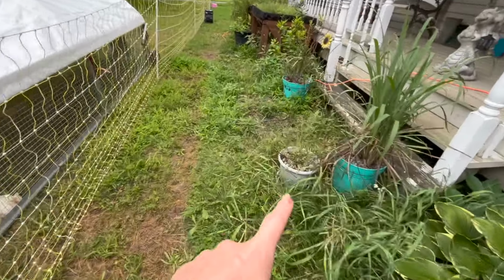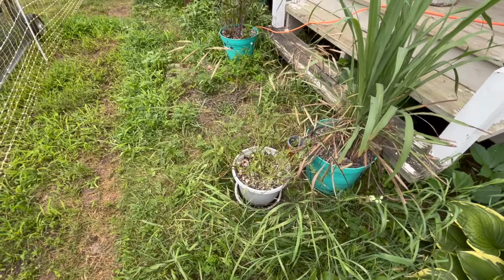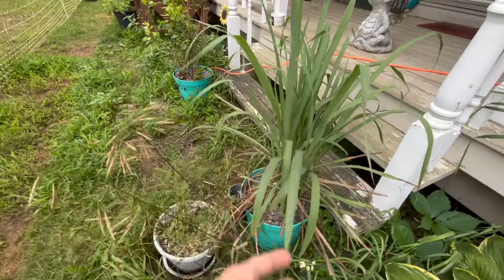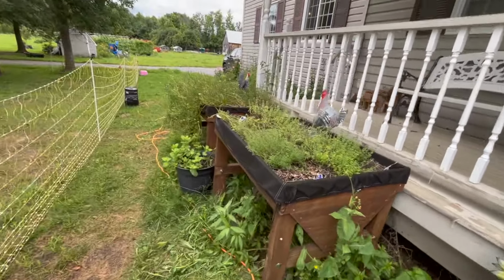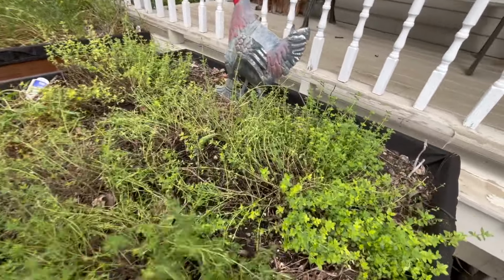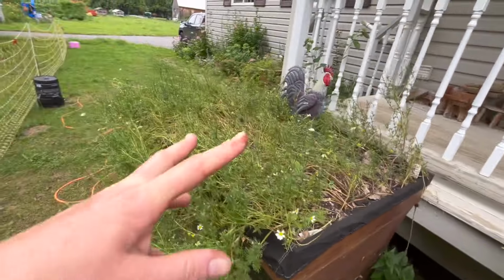We have some skullcap that I just harvested. It's looking a bit rough. I think the bugs did a good one on it. We have some lemongrass here, bay tree. This is thyme, all sorts of different thymes. Apple mint, chamomile,